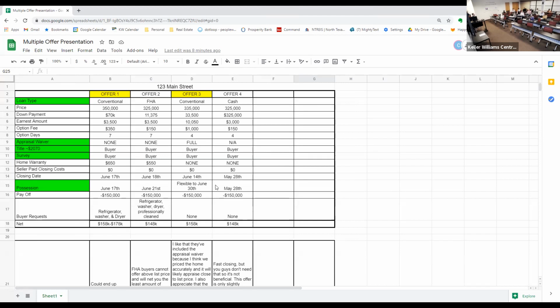They may not be the strongest offer, but you may fall in love with them as a family and you may be persuaded. What I recommend, seller, is that we look at the math and the numbers. You don't know anything about them. You just want to look at the black and white, what's going to net you the most money. Once you have an offer and we accept that and you're out of the option period, if they've shared a letter or provided pictures, I'm happy to provide that to you if you're comfortable with that, if you want to see it. A lot of times they say that when you explain,